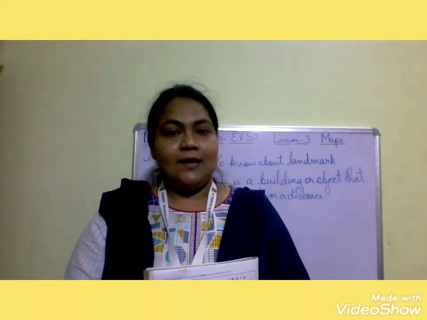Suppose you are staying in Magazine nearby here. Then how will I know your house? Which means where actually it is. You have to give me a landmark. So what landmark can you give me? You can give me that marriage hall, the Blue Paradise. That means my house is opposite to the Blue Paradise, and that Blue Paradise will become a landmark for your house. It will be easy for me to find out your house.